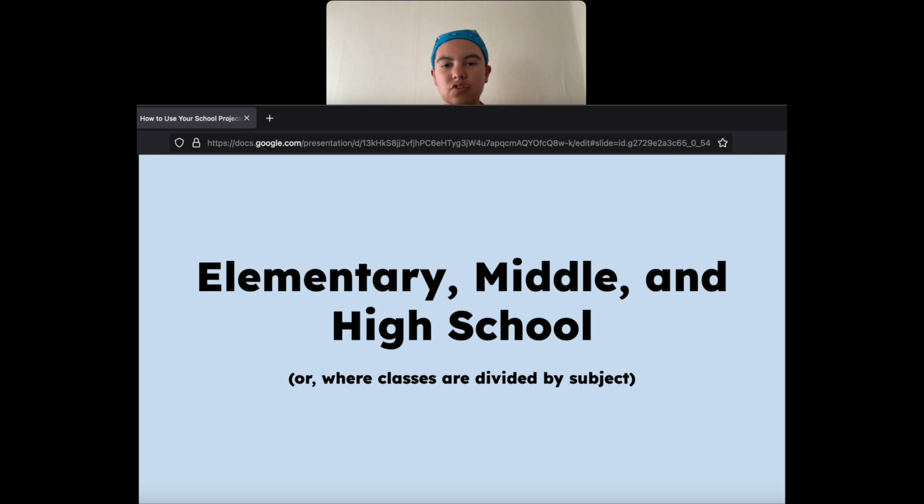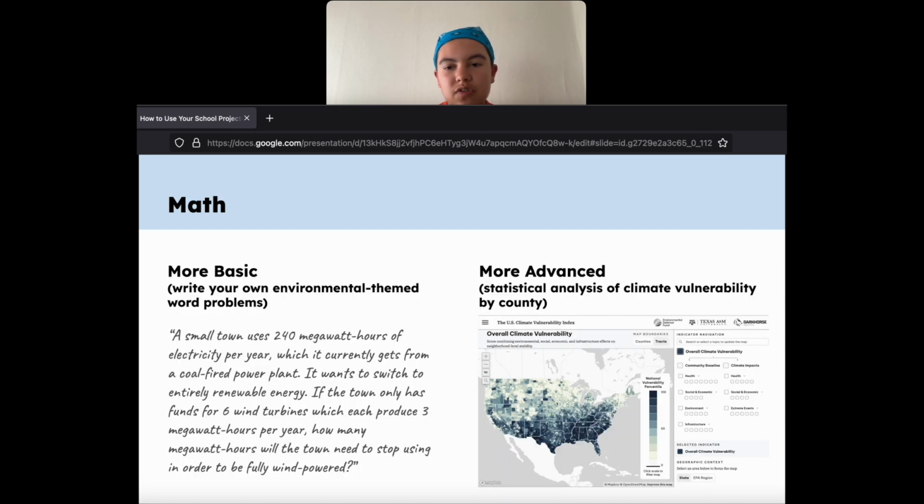So elementary, middle, and high school. This is going to be our first section. And what we're really saying here is that this is where the classes are divided by subject. So you've got your math, your English, things like that. In college, it's a little more specific and there's lots of different kinds of options. But in elementary, middle, and high school, you've got your usual suspects in terms of classes that you can do. So we'll be looking at some project ideas that fit with the theme of those basic classes. So for something like math,